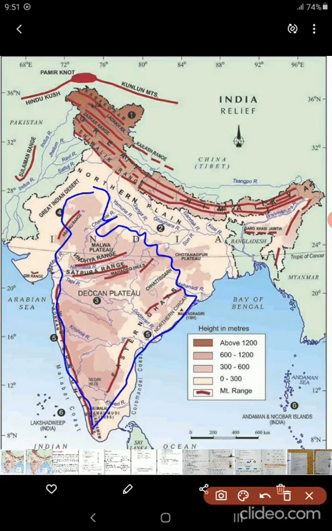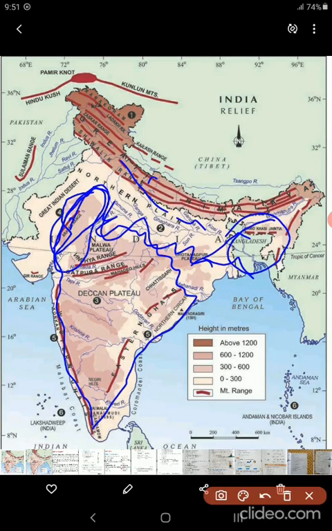The Peninsular Plateau begins from the Aravalli range. It's one of the ancient mountain ranges we have. This mountain range is older than the Himalayas. So from here we begin the Peninsular Plateau, and it goes parallel to these rivers. Here in the eastern part we have West Bengal and Meghalaya, and then it goes down towards the Northern Ghats, and just touches Tamil Nadu. You may have heard about the Ooty hill station, the Nilgiris,